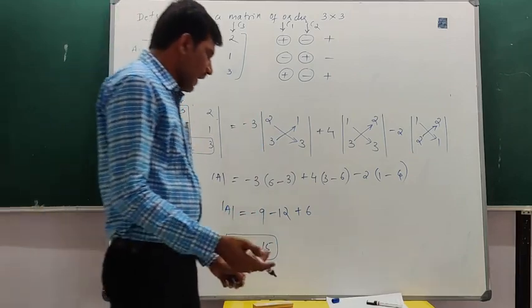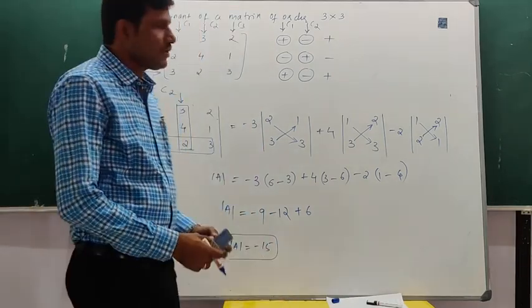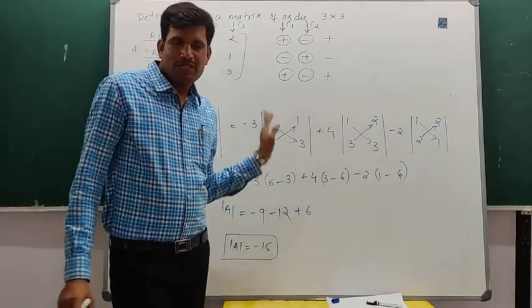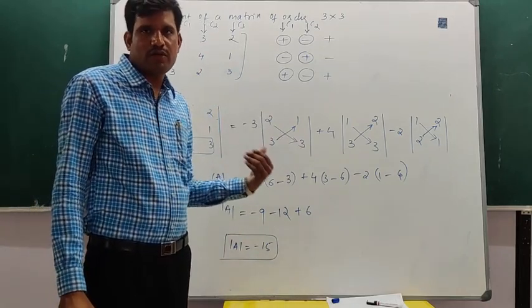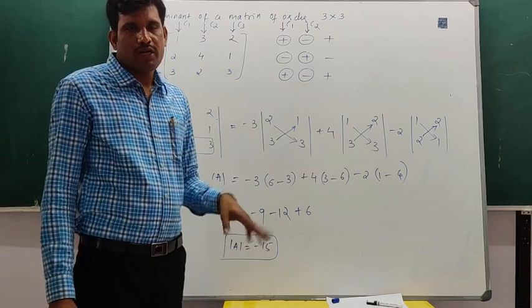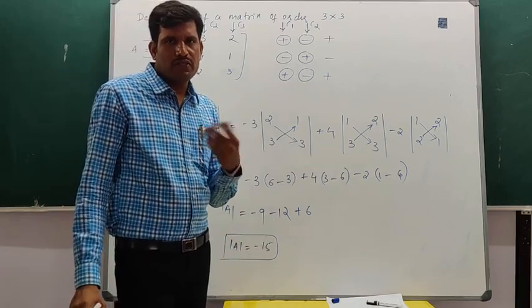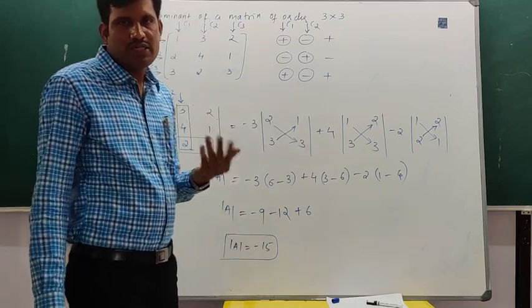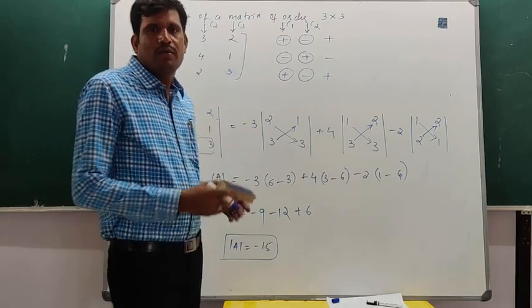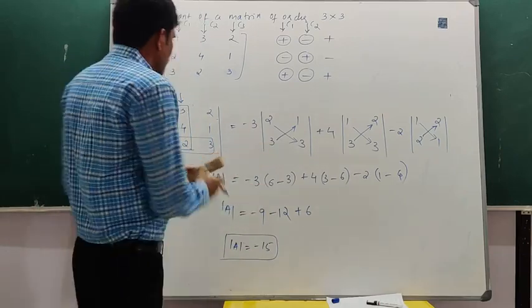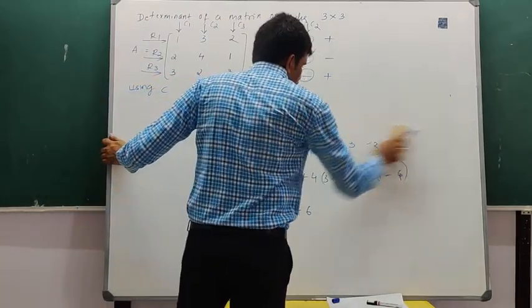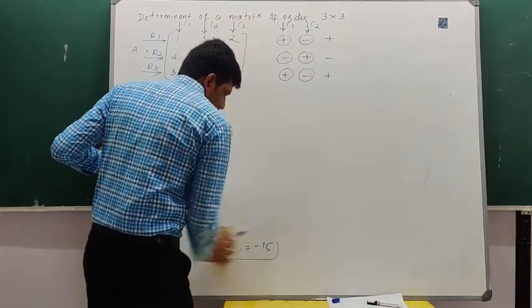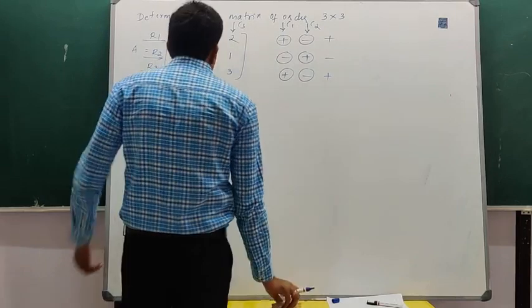Right. So then the last one, by using third column. So this is the first problem. Why I am explaining the expansion by using first row, second row, third row, similarly first column, second column and third column, is that in a problem we can do any one by using R1, R2, R3 or C1, C2, C3. Normally we are doing by using R1, that is first row. Right. So next, by using C3, that is third column. Next, the last one is by using third column C3.